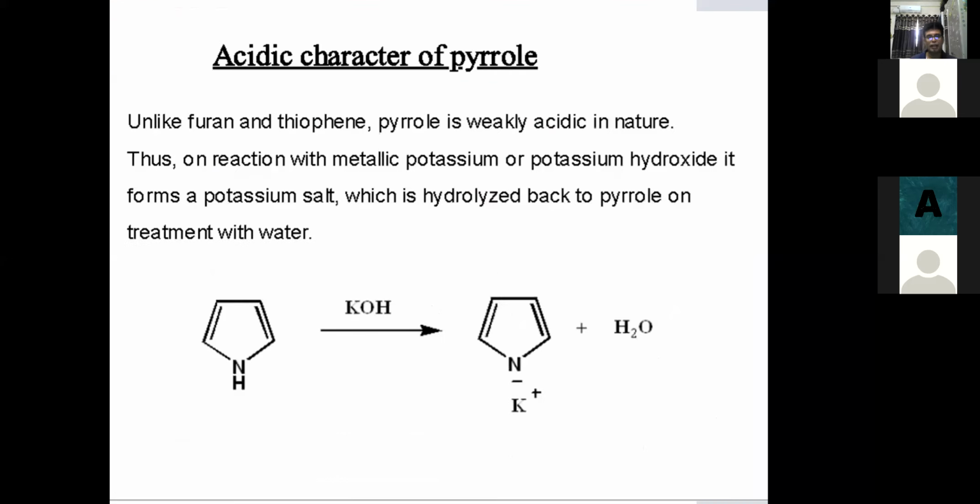So the acidic character, as I explained: pyrrole can react with a base to form the potassium salt, which can be hydrolyzed to give back pyrrole on treatment with water. That's why pyrrole is more acidic as compared to thiophene and furan, which do not contain a replaceable hydrogen. So that's the reason why pyrrole is acidic in nature. So this completes your portion for